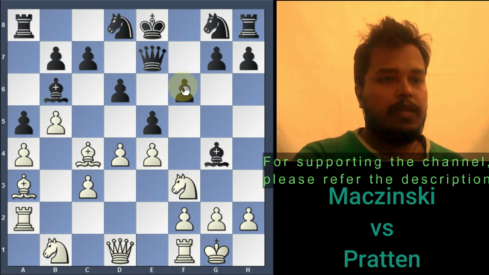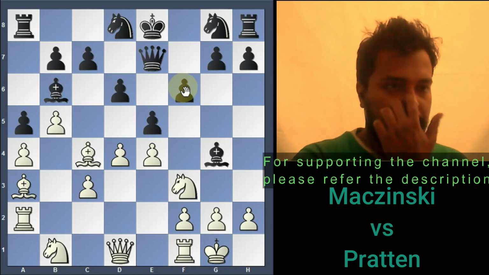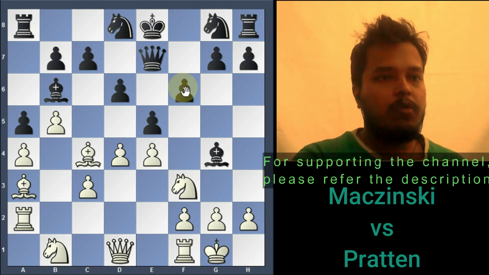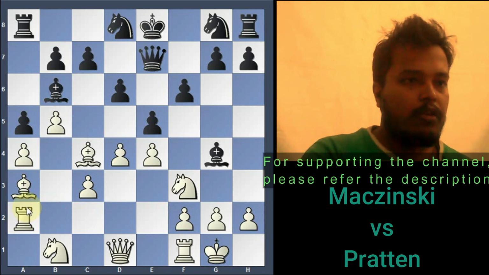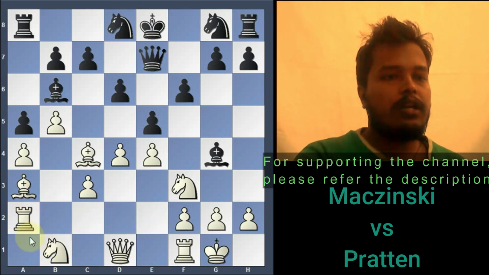Now rook a2 is played. Rook a2 might be somewhat a different move which will normally not be played. Maybe his idea is to guard the f2 square, or he doesn't want to develop his knight to d2, and